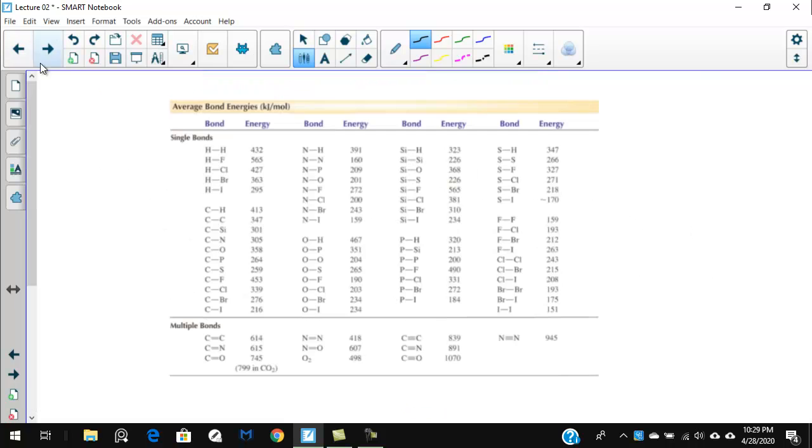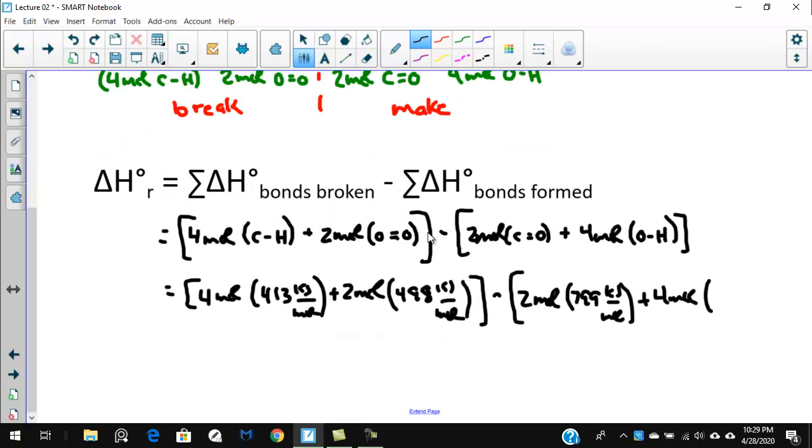So we'll go back one last time and find OH right there, 467. So that's 467 kilojoules per mole. Okay, and you crunch it through your calculator, and you get,